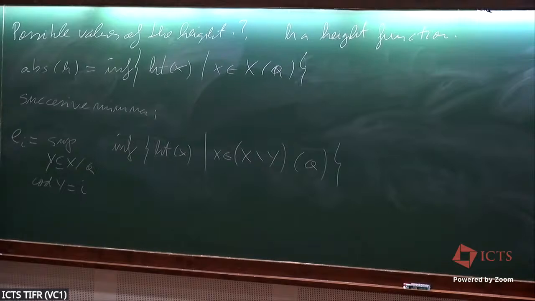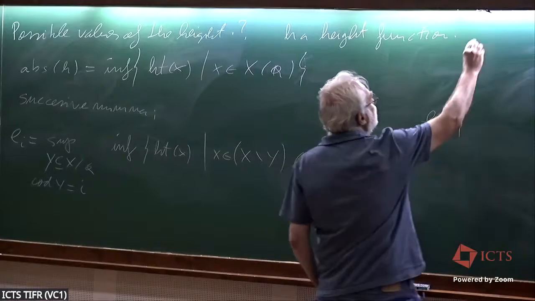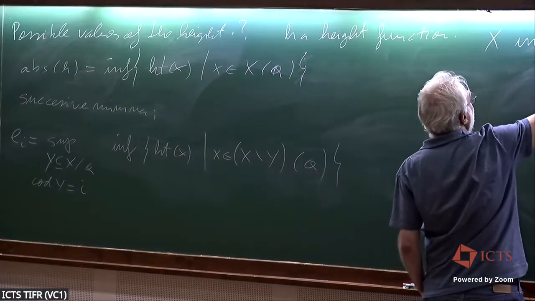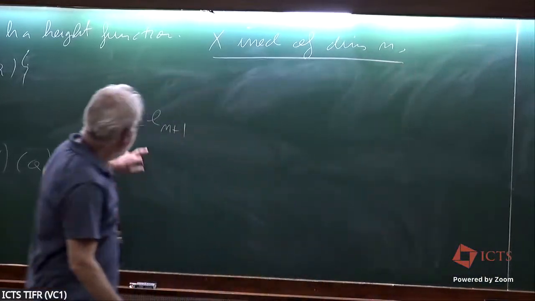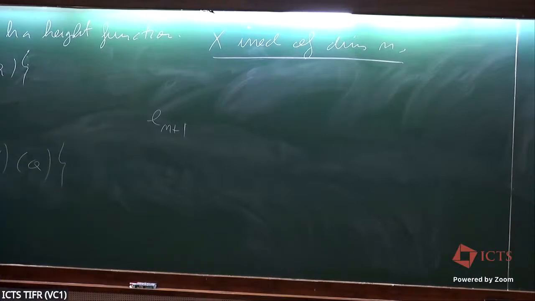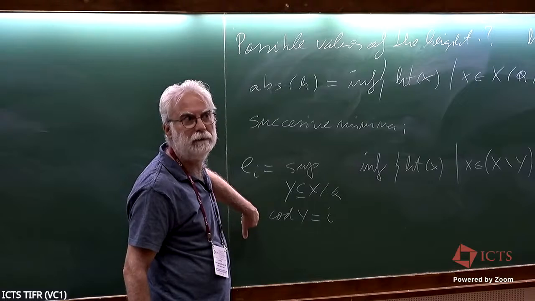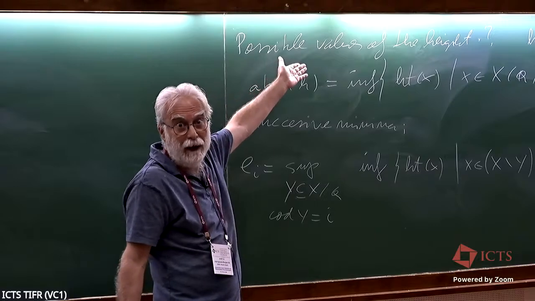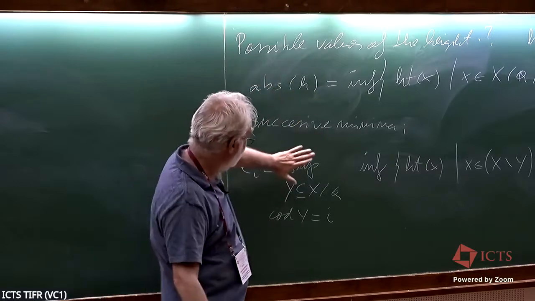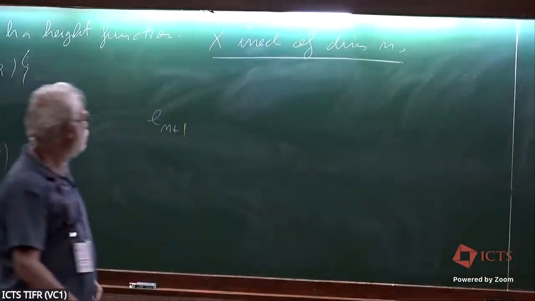So, for instance, let's imagine that X is irreducible of dimension n. What will be the e sub n plus 1? Well, how many subvarieties of codimension n plus 1 do I have on X? None, because if my variety has dimension n, I cannot have things of codimension n plus 1. So this supremum is not here, I cannot subtract anything, so I have the infimum of all points in X. So I get the absolute minimum